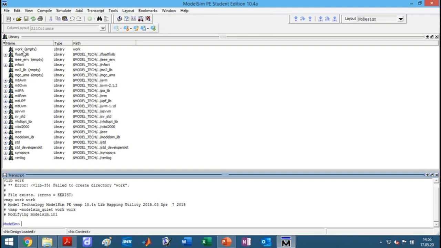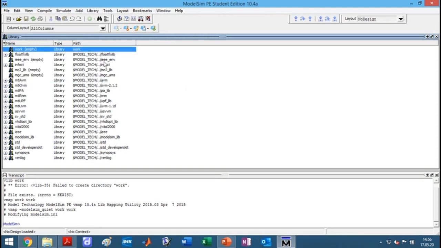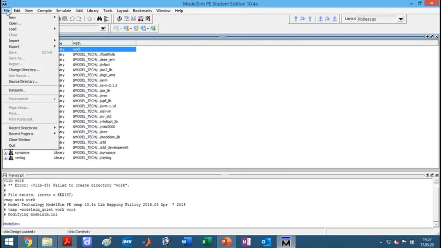Now the next step is we need to add to this library the design files that can be used for simulation. Before simulating the filters that I generated last week in lab 1 and 2, I will first generate another Verilog HDL design, a very simple design, and will show you how you can check the performance or verify the output of your design. So for this we go to